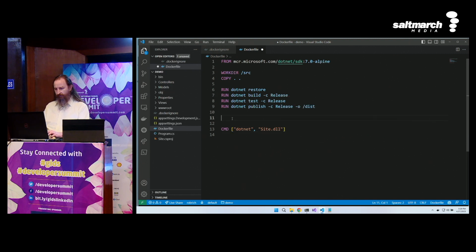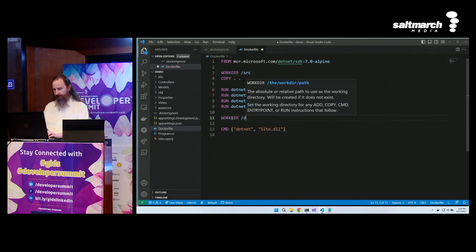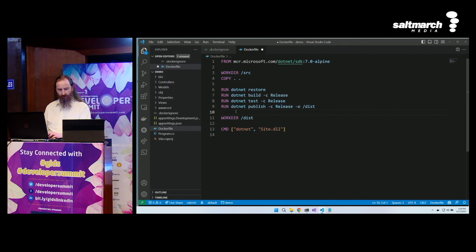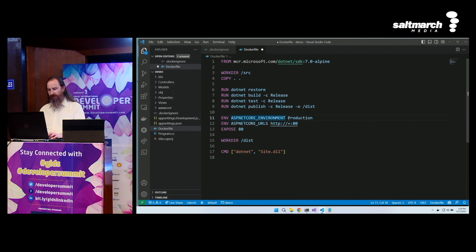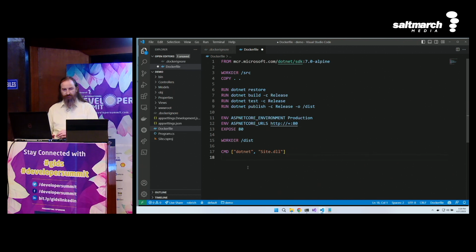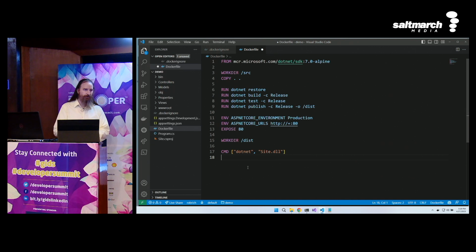Now, we do need to switch our WORKDIR to /dist because that's what we built here. And we do need to set a few environment variables. So let's go grab these and set them here. That just says, hey, run ASP.NET in production, listen on port 80, expose port 80. And so now we've got our container ready to go.